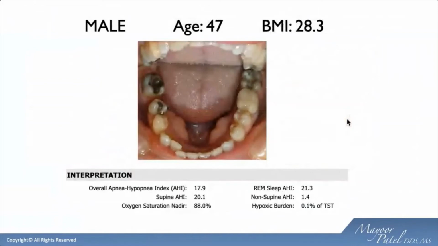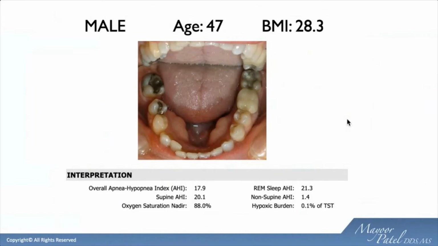There's very little that has been looked at on removing the tori. Is there a significant improvement in the airway? There's one or two papers that were published, but they were published along with maxillomandibular advancements. Hence, it wasn't looked at as a standalone variable, so there's still some work that needs to be done. But it's still something that needs to be considered, that the extra space being occupied by this extra bony protuberance is going to take away tongue space, ultimately leading to the tongue regressing and probably compromising the airway.